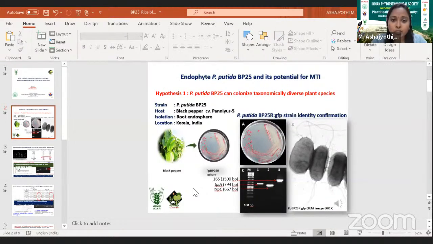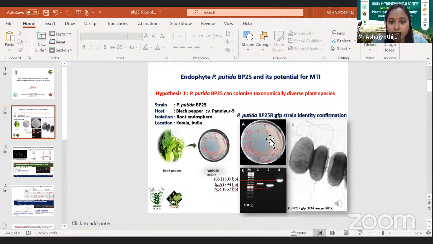It also colonizes the taxonomically diverse dicot model plant Arabidopsis thaliana, induced phenotype alterations in Arabidopsis roots, and triggered the salicylic acid mediated defense pathway through altered gene expression. Based on that previous experience, we hypothesized that this bacterium can colonize taxonomically diverse plant